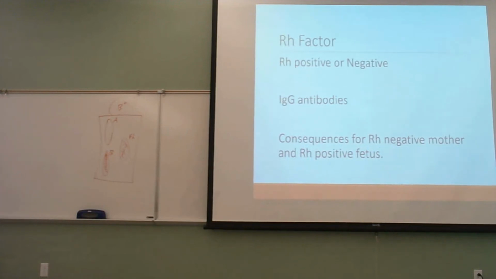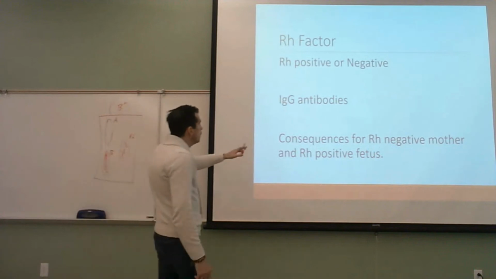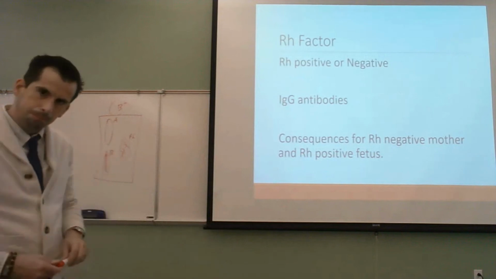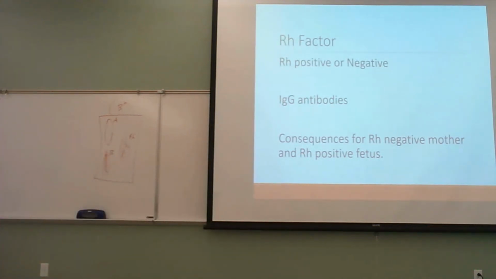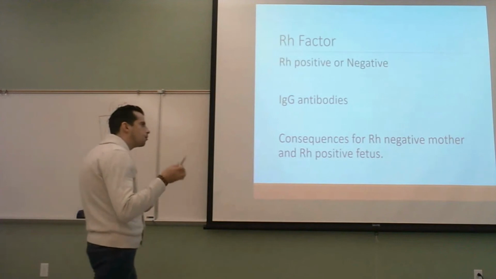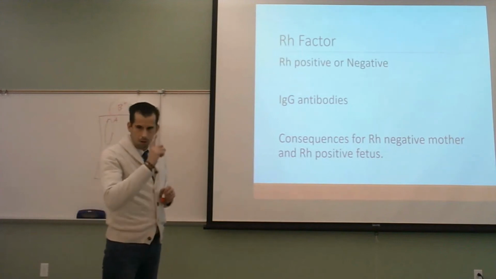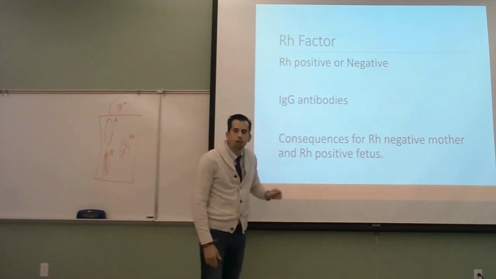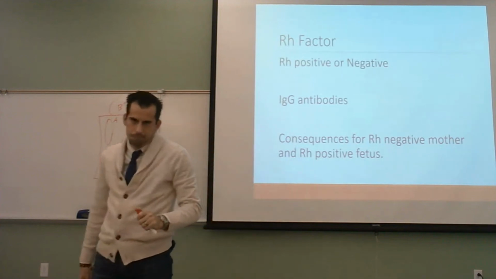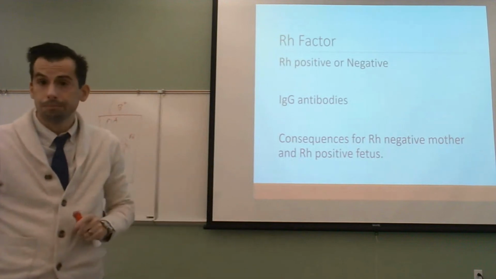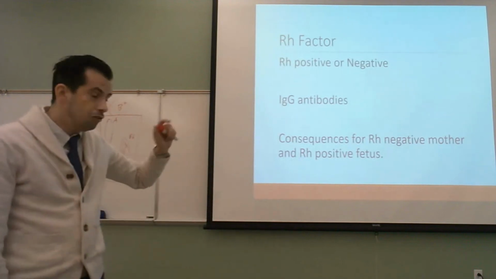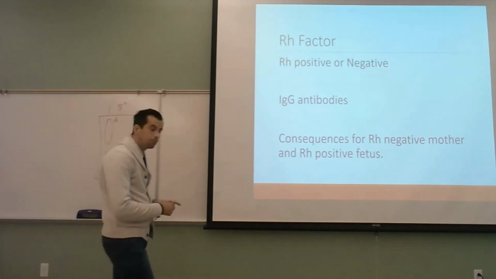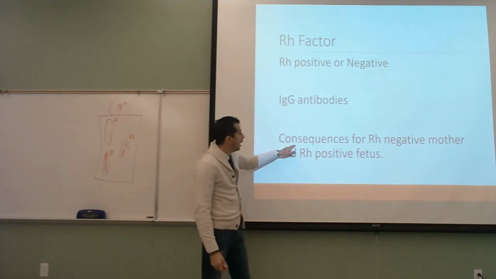Remember, those were IgM antibodies. The antibodies for the rhesus factor are IgG antibodies. A little different structure, but also a couple other nuances. First nuance: these antibodies can cross the placental lining. IgM could not. IgGs can. So there is going to be an implication here as far as what happens if you've got an